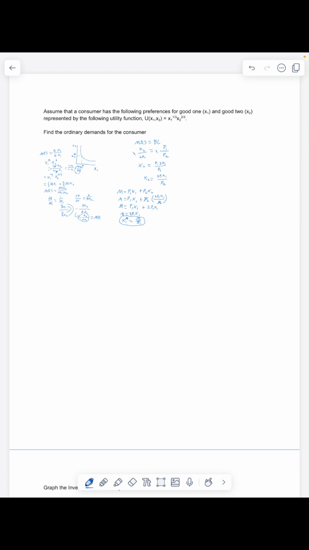Now we're going to solve for our second ordinary demand. And earlier we did write out that, remember, we had our x2 is equal to our 2p1x1 all over p2. So we actually ended up solving for our x1 now. So we're just going to plug that in to find our x2 without having to do the whole budget equation again. So our x2,